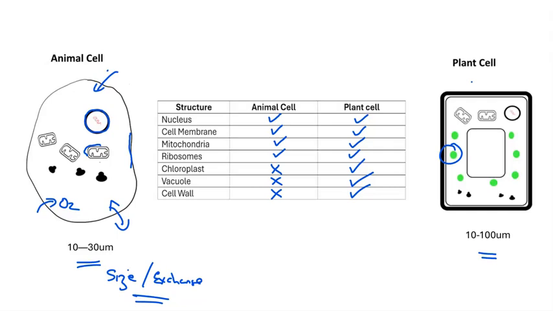This is a very quick comparison, but we've introduced the idea of size, where the animal cells can be much smaller than plant cells. Okay, so if we move on,